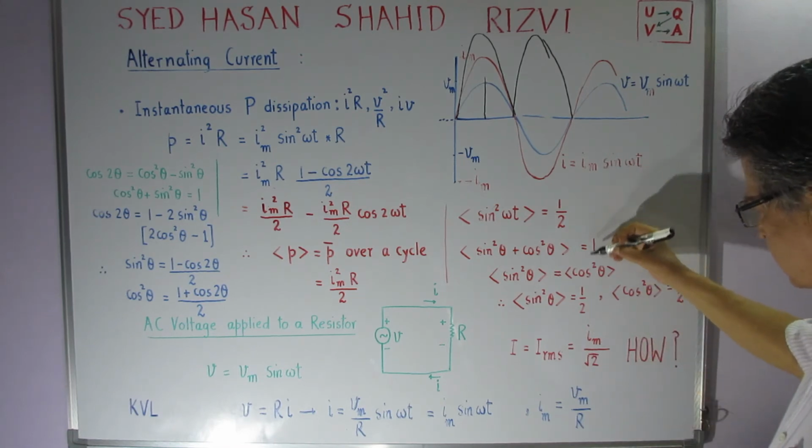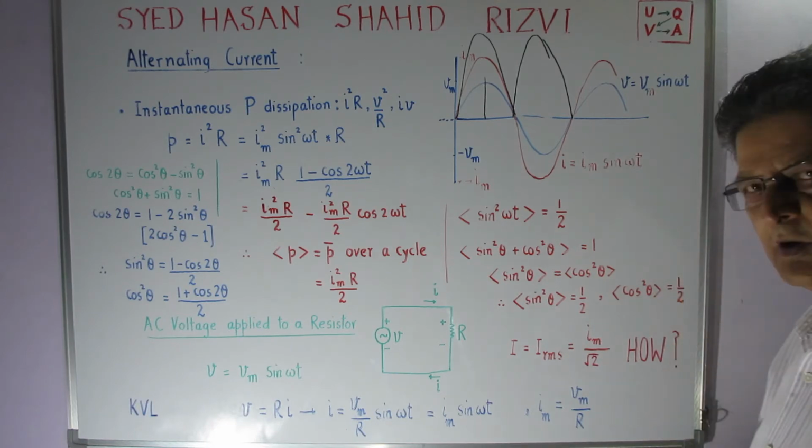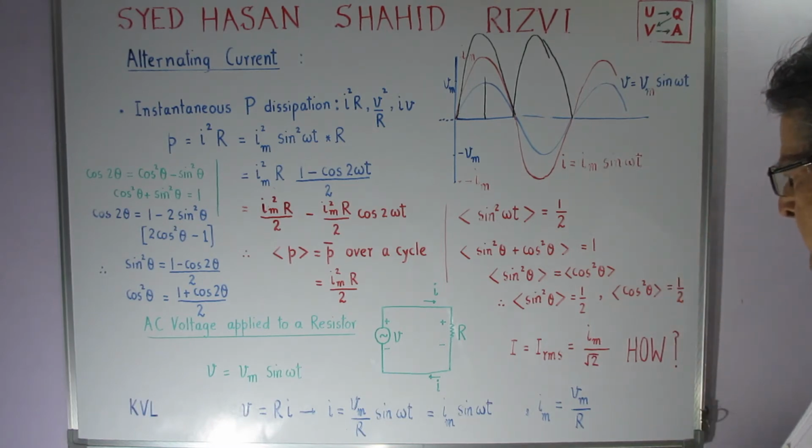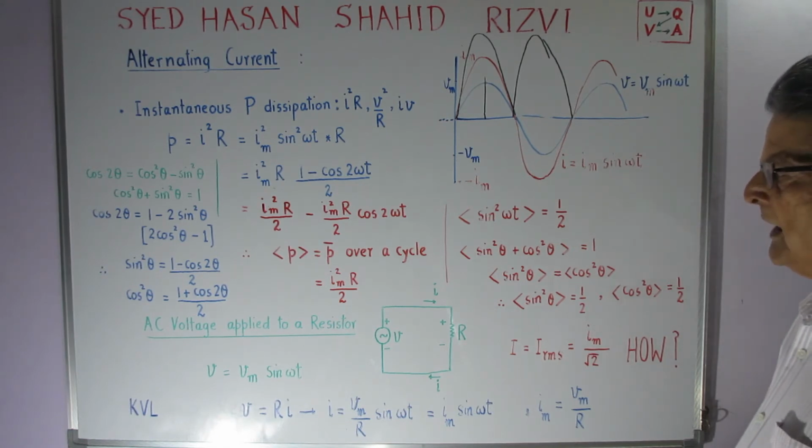So when this value is 1, then this value has got to be half, and this value also has got to be half. And she was very happy. I hope you are also going to be happy about it. Okay. Now the next item